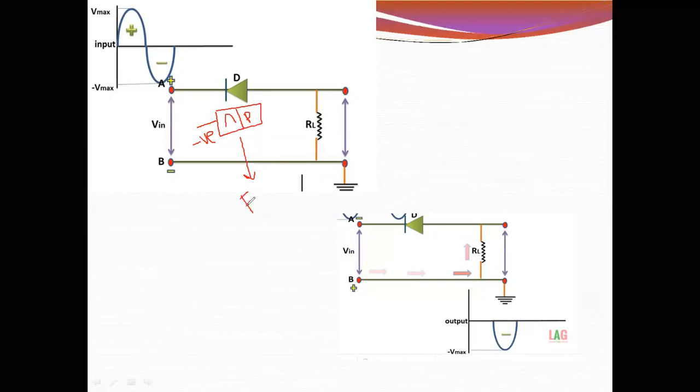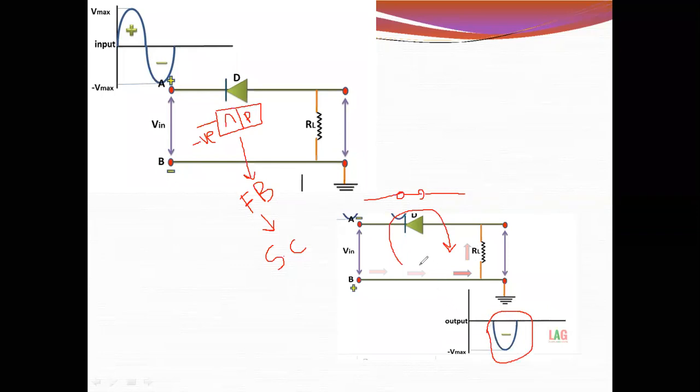That's why I clearly mentioned in the starting, when the diode is forward bias, the diode acts as a short circuit, or the diode becomes a closed switch. Clear? If the diode becomes a short circuit, the circuit will look like this. When it is a short circuit, definitely current flows in this circuit. Then when we apply the input, we will get the output in this circuit, because the diode works like a rectifier. I hope it is clear.